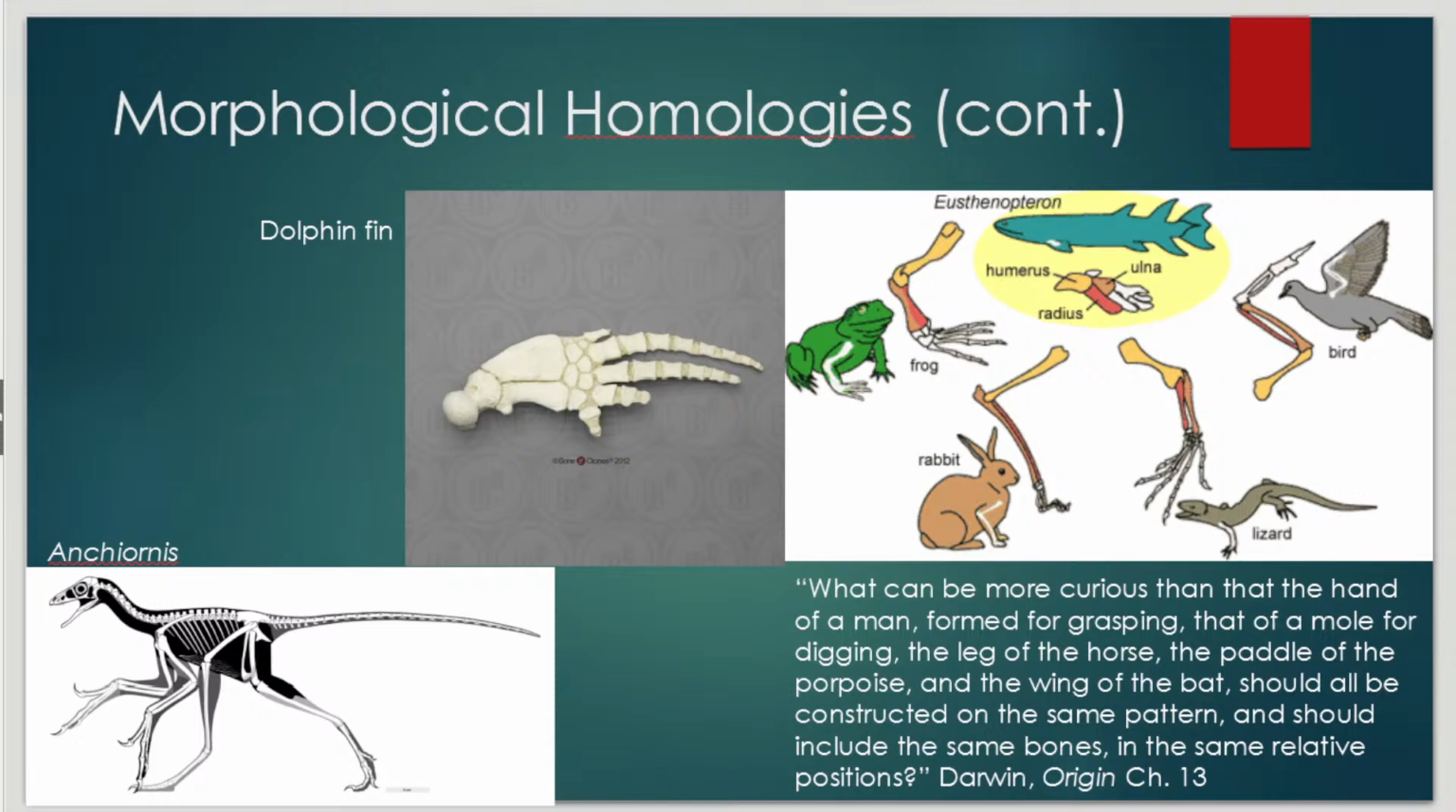And then another Darwin quote, because why not? Also from chapter 13. He said, "What can be more curious than that the hand of a man formed for grasping, that of a mole for digging, the leg of the horse, the paddle of the porpoise, and the wing of the bat should all be constructed on the same pattern and should include the same bones in the same relative positions." So essentially, there's no reason for us to have the same bones as a mole and all the same positions,